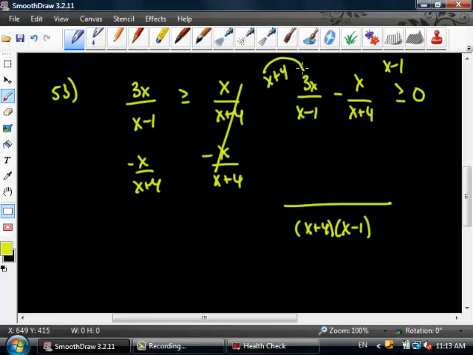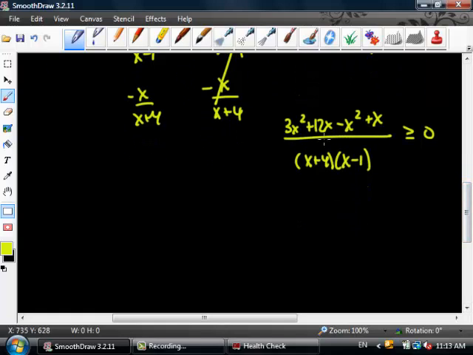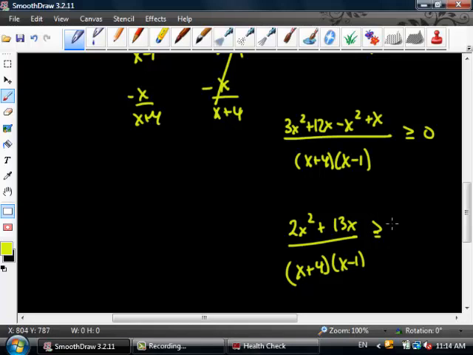I get 3x squared plus 12x minus x squared plus x greater than or equal to 0. Let's go ahead and combine some stuff here. I got 2x squared plus 13x. That's kind of cool. Okay, so from here, I'm going to go ahead and back this thing over. I'm going to factor out an x. So I get x times 2x plus 13 over x plus 4 times x minus 1 is greater than or